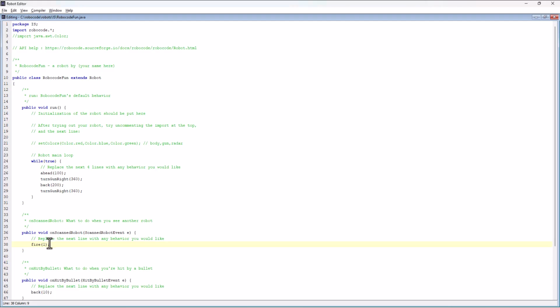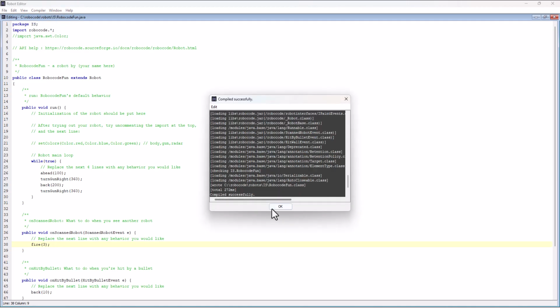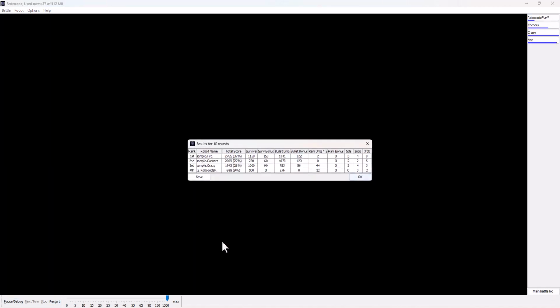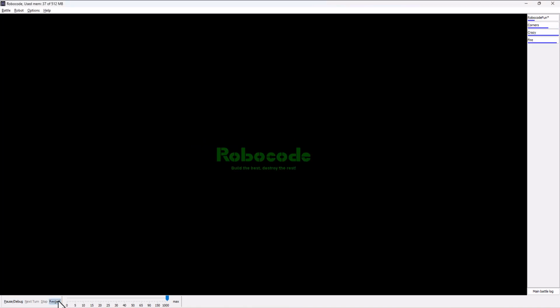And back in the rules, we found out the max power you can fire with is a power of 3. If you say power of 15, it'll just default to a 3. So anything over 3 gets turned into a 3, but 3 is the max we can fire with. So just by making that one change and then compiling again, and then restarting, then my percentage has increased. And if I try this again,